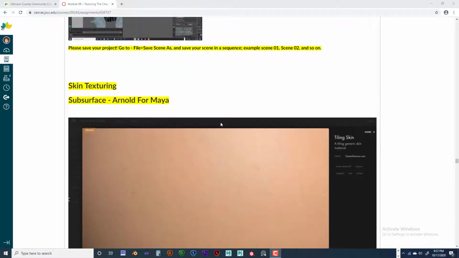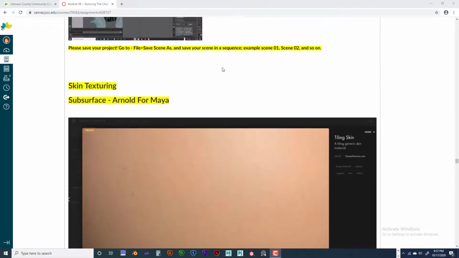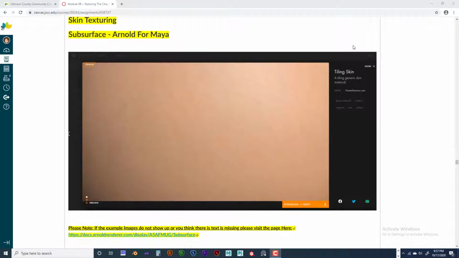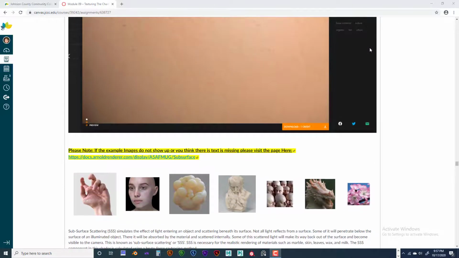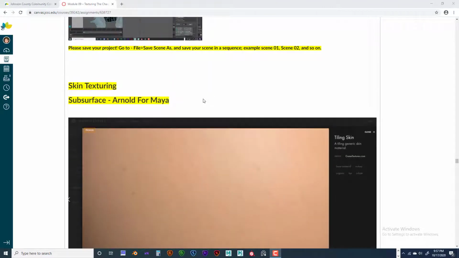And then skin texturing is another tough area because we don't want it to look photorealistic. We don't want to have real lips. We don't want to have real skin per se. We're not trying to make it look like a photorealistic human because we have a stylistic character. That would look kind of weird. So I've got a nice skin texturing lecture set up for you guys,